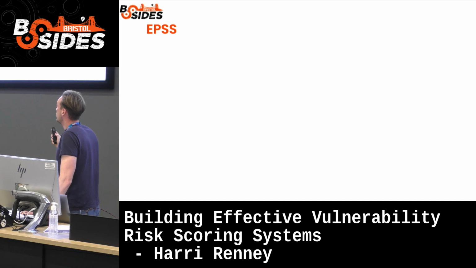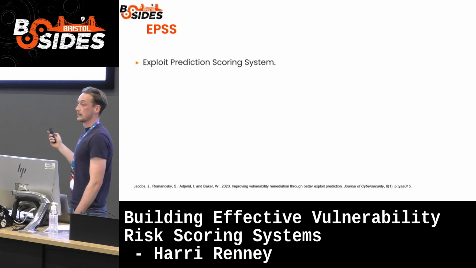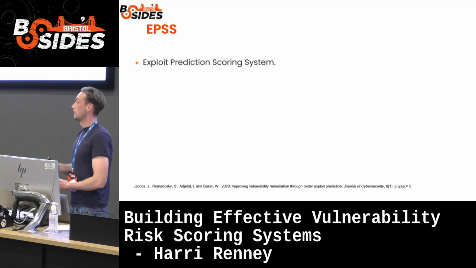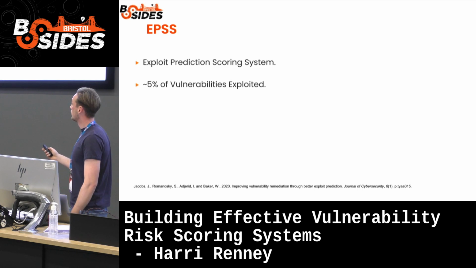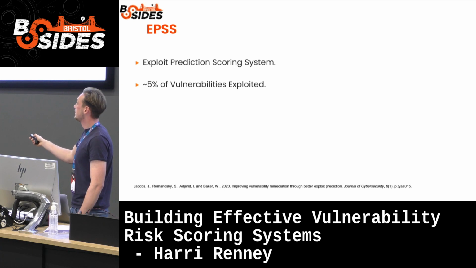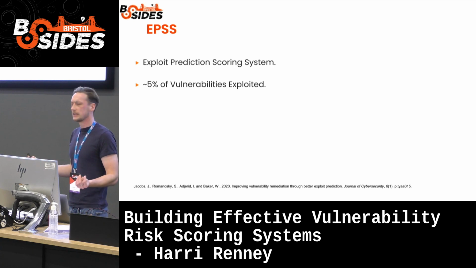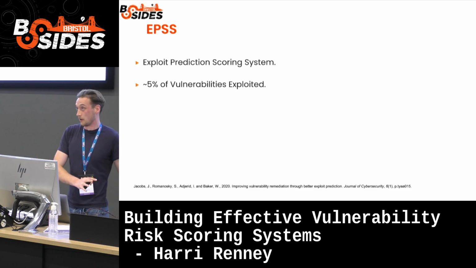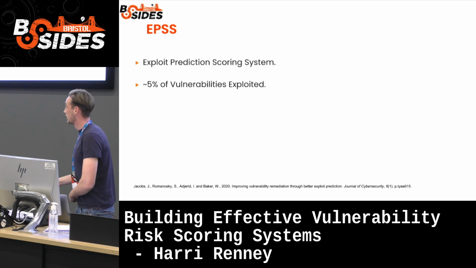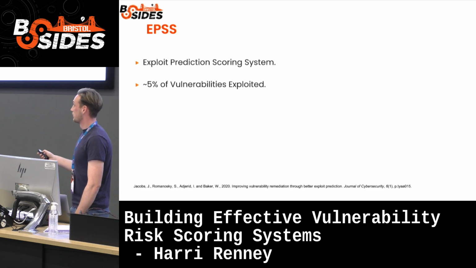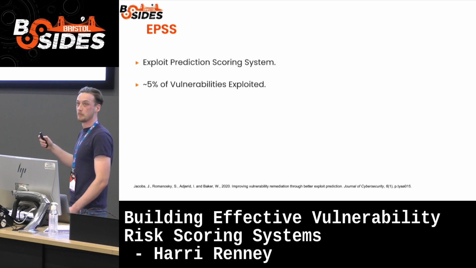Another really interesting one that I'm always super excited about is EPSS, the Exploit Prediction Scoring System. This one's about likelihood: how likely is a vulnerability to be exploited? Really cool. This studies, by the way, roughly only 5% of vulnerabilities are known to be exploited. That's quite useful, because a lot of the time you can disregard a lot of vulnerabilities if they're not going to be exploited. So really focus on trying to find that 5%, because remember, you can remediate 30% of vulnerabilities. So if you can overlap that across the 5% that are going to be exploited, that's great.